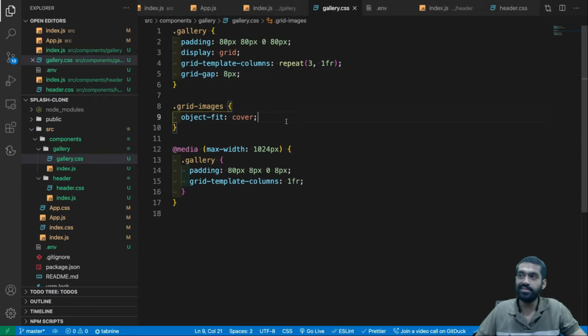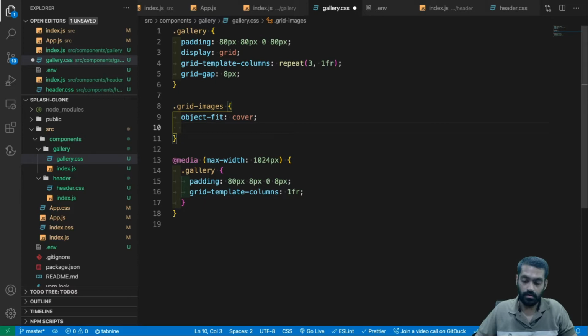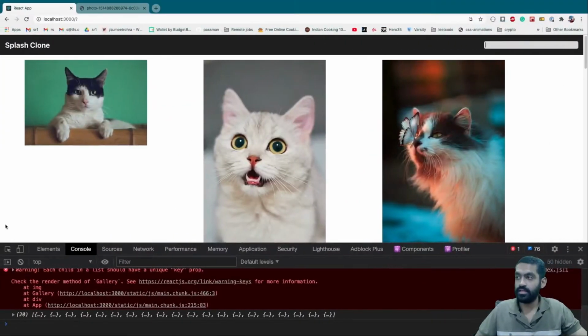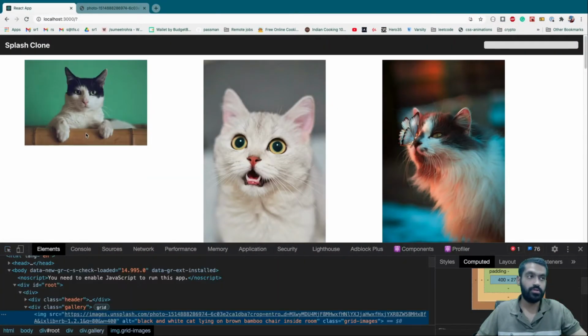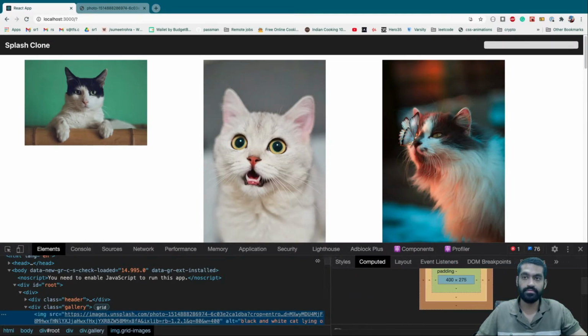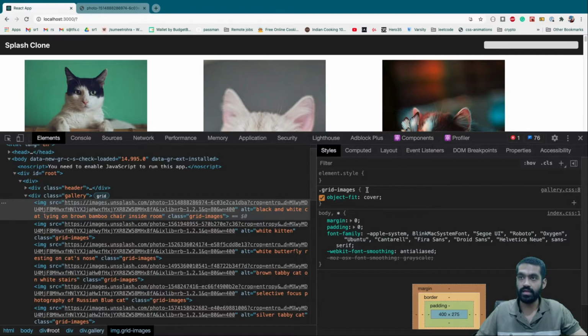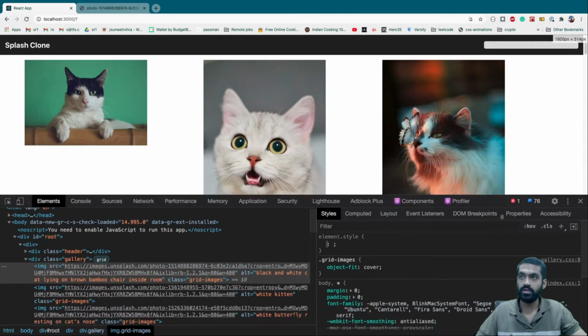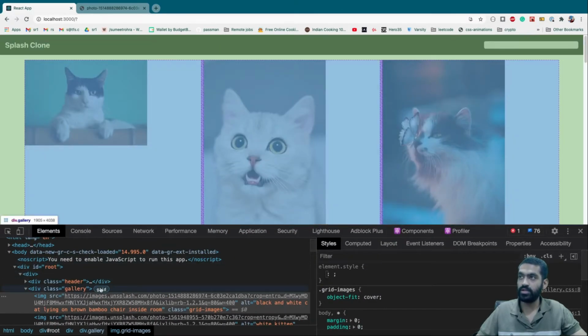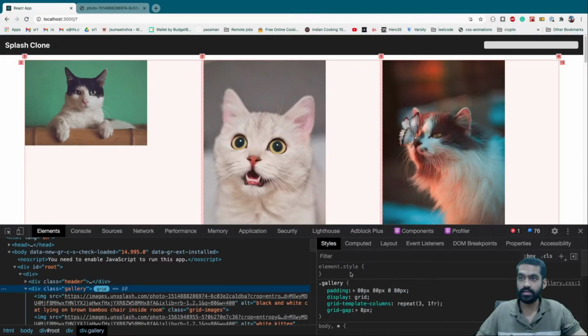So these images need to have some width and height. Let's come here and let's open an image. Okay, let's go to the styles of this image. Element dot style. Here's the grid. Okay, here's the grid. I can see the grid.